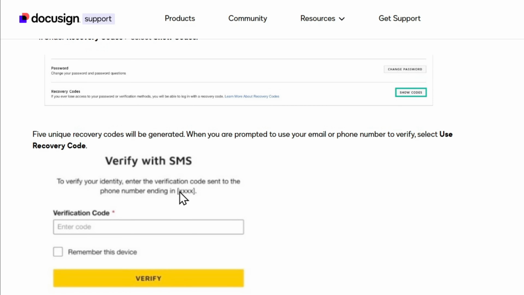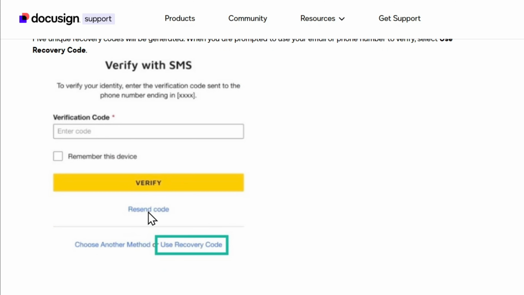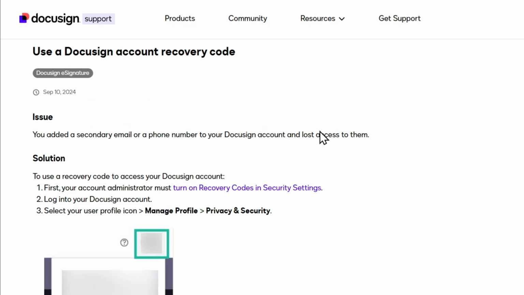And during the login process, you will have the verification with SMS, and at the bottom you should see the option that says choose another method or use recovery code. You choose recovery code and you use those recovery codes. Now that you know the steps on how to actually use recovery code, let me show you how you can